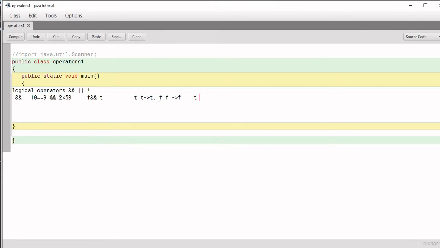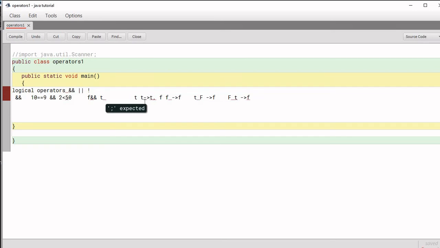If one value is true and the other is false, then also the result is false. And if the first value is false and the second is true, then the result is also false. If any of the values is false, it returns false. It will give you true only in one condition, that both should be true. Otherwise, it is going to return false.